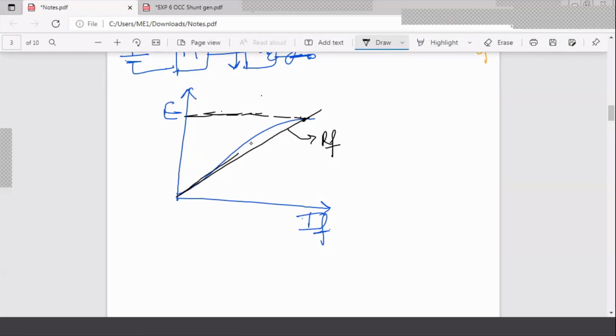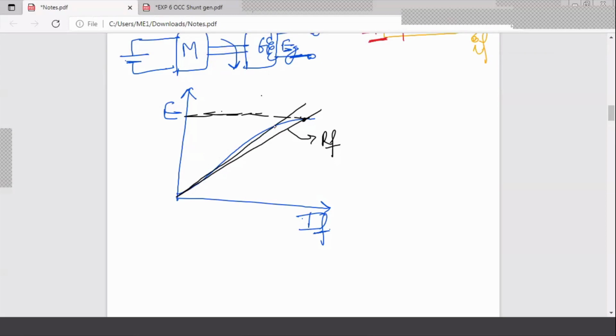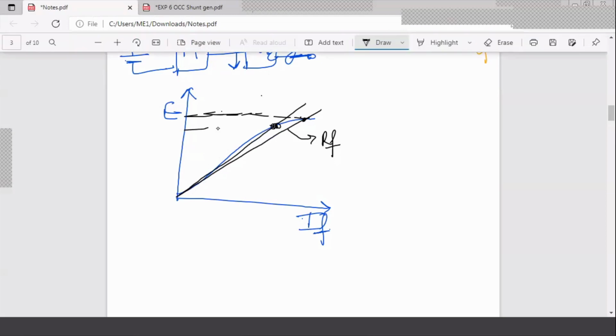You may have another line like this, which is cutting here. So as a result of which, what is happening finally? This is the induced EMF. You can see here that induced EMF has reduced from the initial value to the next value. This is, let's say, for RF1. This is for RF2. The field resistance has increased. The slope has increased. If slope has increased, it is cutting at this point, and this is the induced EMF, total induced EMF of the machine, this generated EMF.